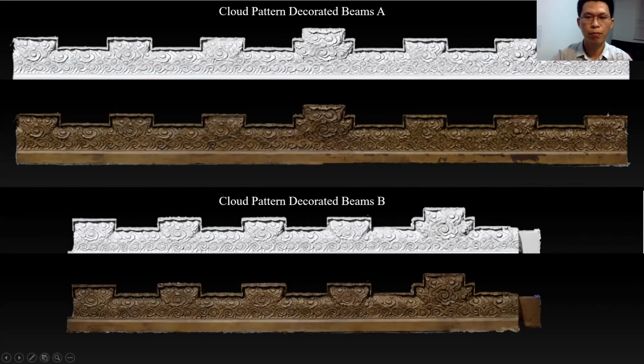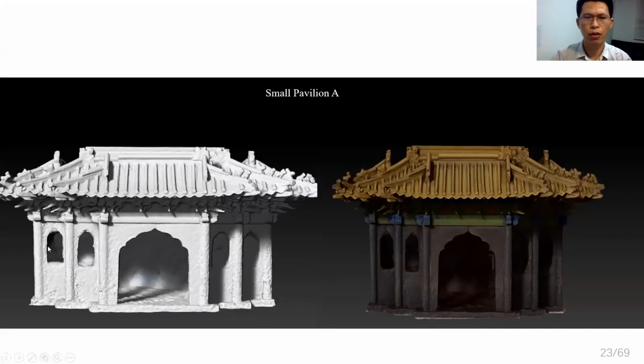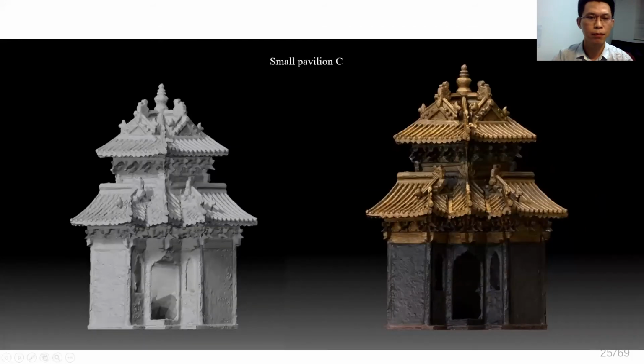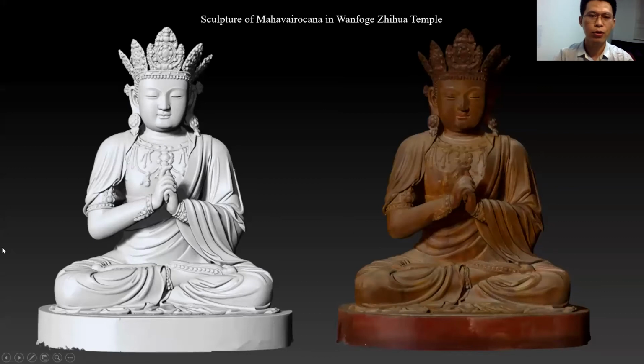This cloud pattern decorated beams were used for small pavilion support. This is a central small pavilion originally located on the symmetry axis of the ceiling. This is a small pavilion model originally placed between the corner and the central pavilion. And the corner one. To reconstruct a full view of the environment, we also scanned the indoor sculpture in Wanfogge